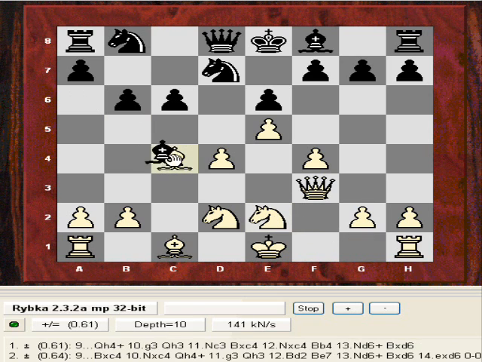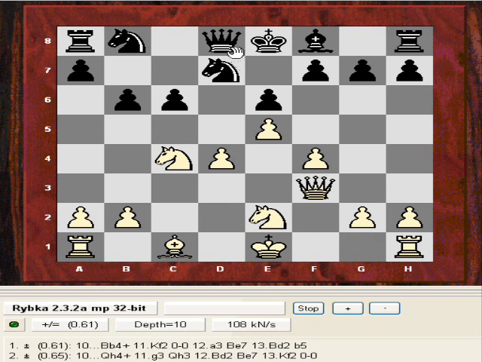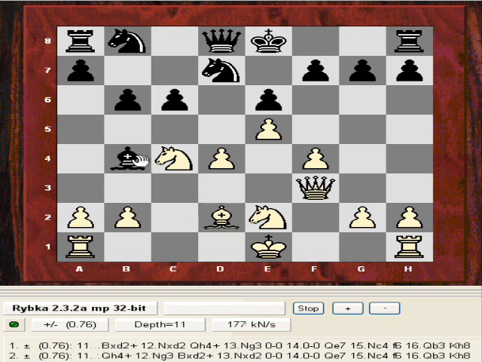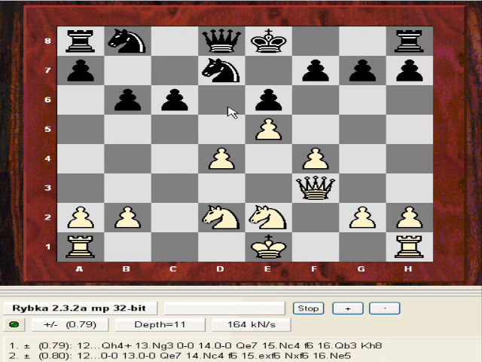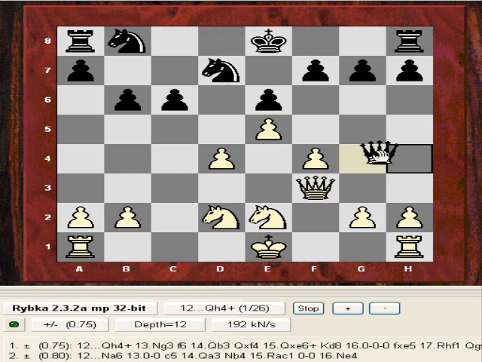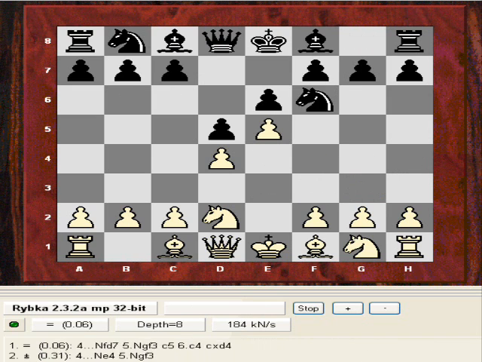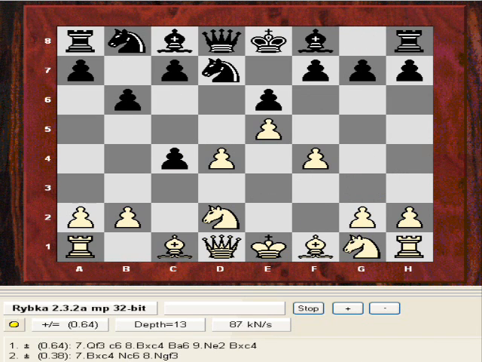So knight E2 takes. We follow this. So advantage for white. Bishop B4. Say exchange of bishops happens. This square is weak anyway. So this would be okay for white. It does look okay for white. So maybe that's something to bear in mind for next time. That Queen F3